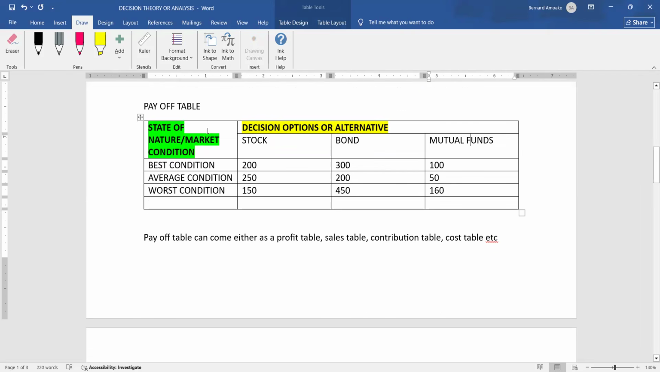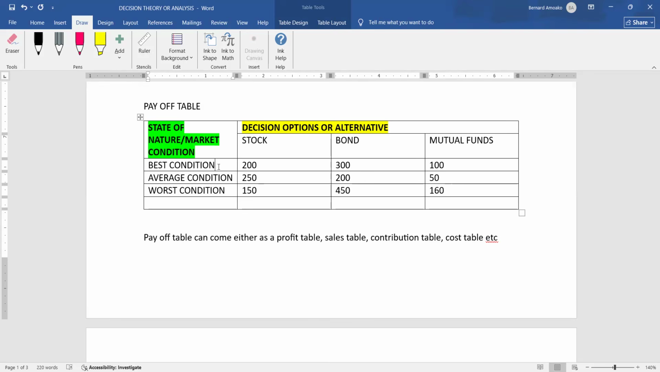And then when we come to the vertical, we call it the market condition or the state of nature. But when you look at the horizontal, it's called the decision options or alternatives. So the market condition is telling you how the item is like. So the item can be in best condition, average condition, worst condition. The item can have a 40% chance of losing or whatsoever. So this is what we call the state of nature, and then the decision options or alternatives that are presented